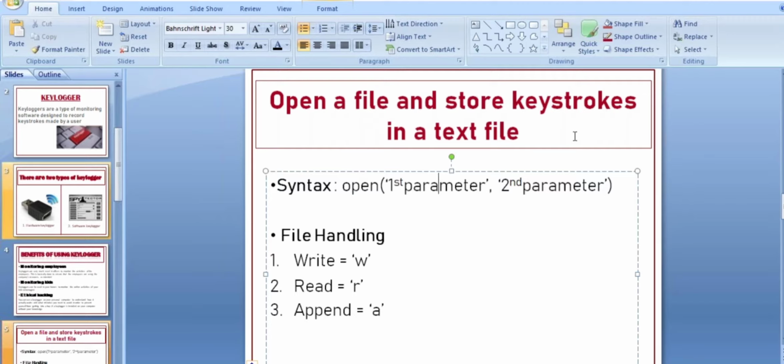And the second parameter is the file handling mode. You can write to your file, read your file, and also append something to your file. If you have to write to your file, you write W. To read, you write R, and to append something, you write A.